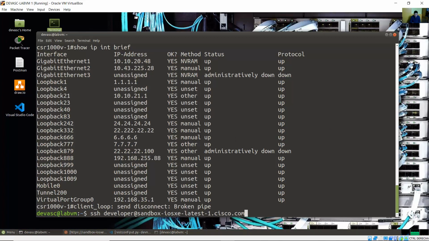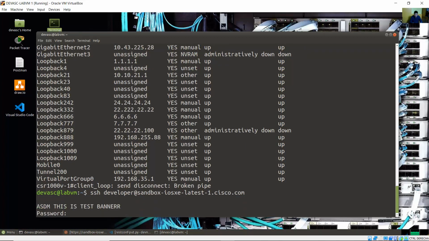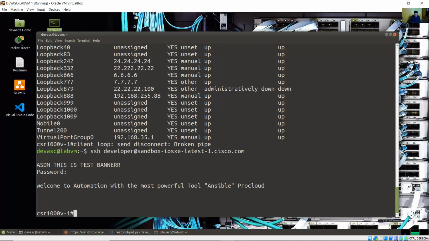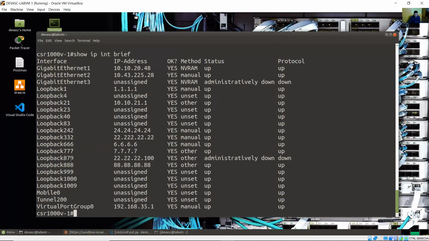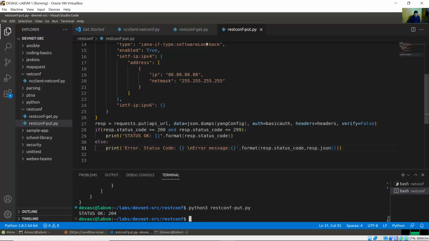SSH developer and name, the password. Show ip interface brief. Look at loopback 888. This IP 888.888. Very nice. The method is other, it is YANG using RESTCONF. And also you can verify using the previous get information